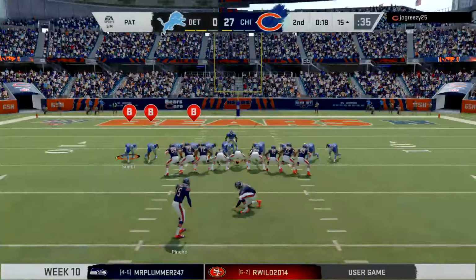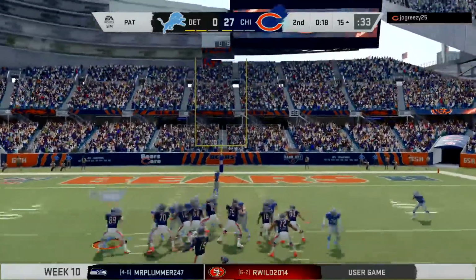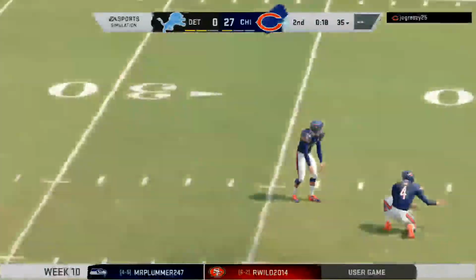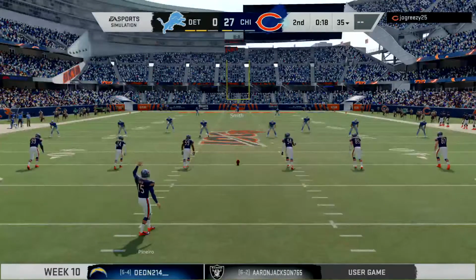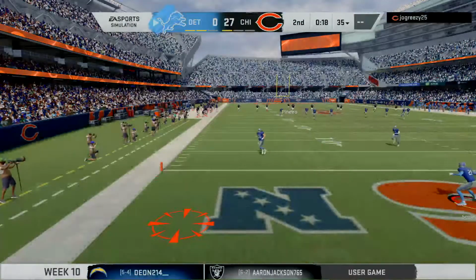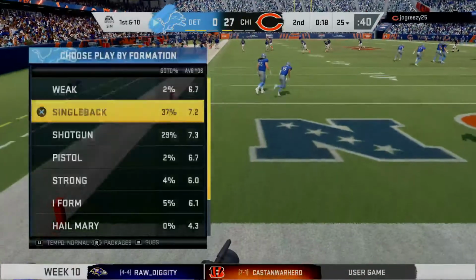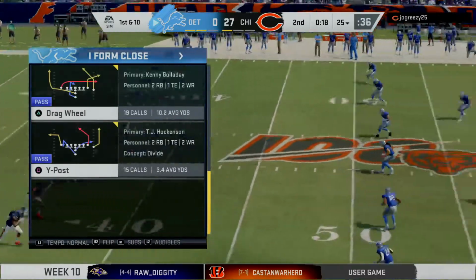Anthony Miller, as the first half is winding down, as the Bears push further out in front. Oh, I was just about to say he hadn't missed an extra point all season, but there it is, his first miss, no good. Now he's back out there to boom this one away, maybe with some frustration after the PAT miss. The Lions take over 1st and 10 at their own 25-yard